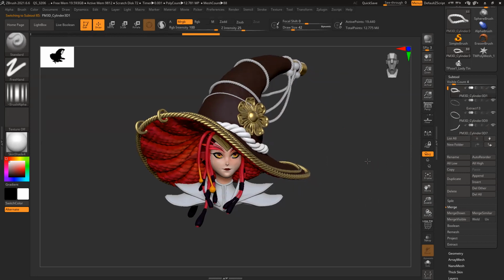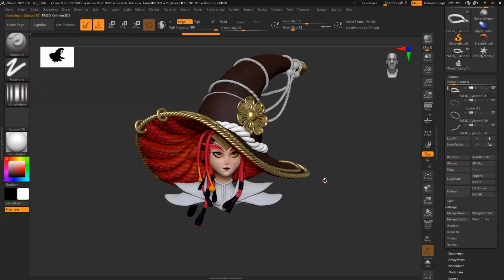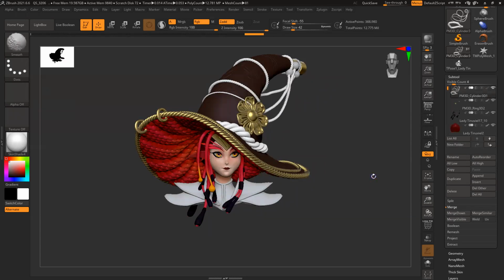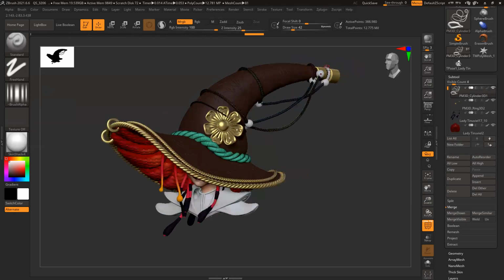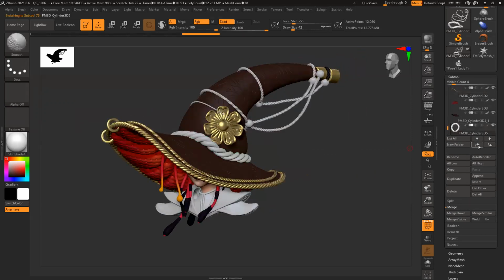Move them. Merge down, down, down, down, down. All of them. Okay, this one is also pending here.